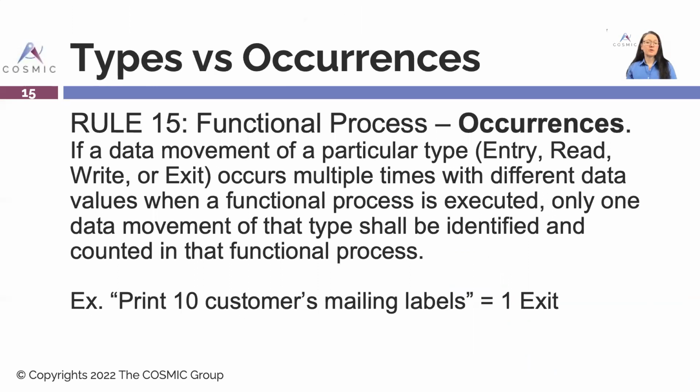Now, types versus occurrences. There is rule 15 in the measurement manual, where it talks about occurrences related to a functional process. If a data movement of a particular type, let's say entry, read, write, or exit, occurs multiple times with different data values when a functional process is executed, only one data movement of that type shall be identified and counted in that functional process. Example, if it says print 10 customers' mailing labels, well, there may be 10 occurrences, but